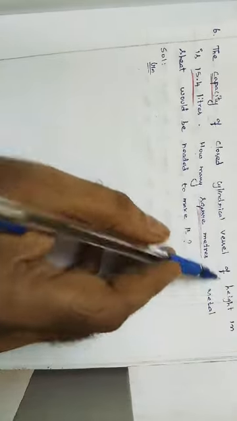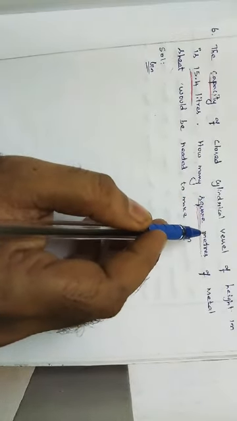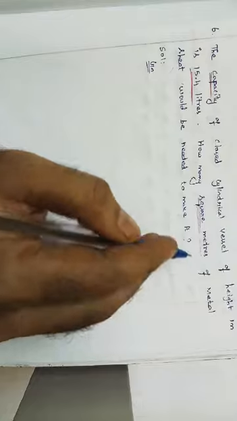Further, what things do we need? What is the formula of TSA of a cylinder? 2 pi r into h plus r. So h and r alone we need, right? We know the height, but we don't know the radius. How are we going to find the radius? We have the clue: we know the volume in terms of liter. By equating with the volume formula, we will get the radius. After finding the radius, with the height we will find the total surface area of the cylinder, right? So we can find it one by one.